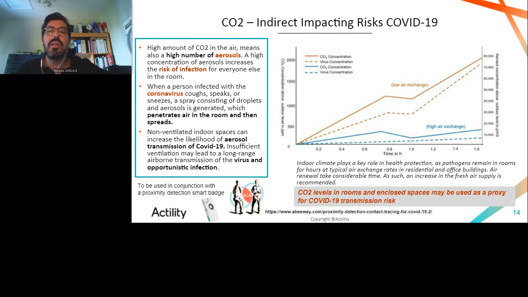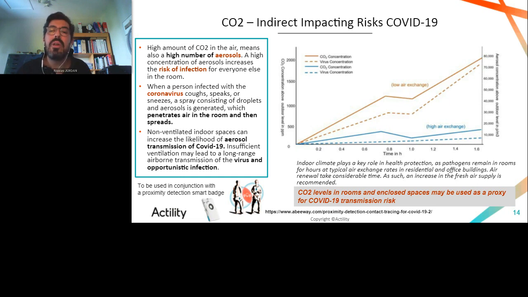So that's another subject related to the air quality, which is the impact of COVID. Again, the more you stay in a room without any ventilation, the more the aerosol is increasing, and you increase your risk of infection by the coronavirus. So it's key to have a ventilated indoor space, but you need to be able to monitor it. You can see in this graphic that as the air quality decreases, your risk of being affected by COVID increases.